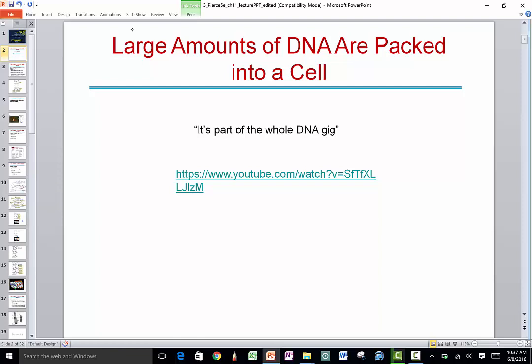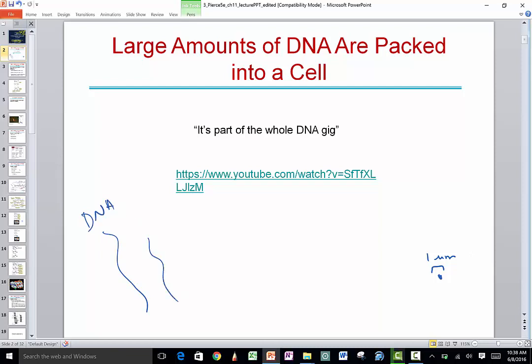So let's say that we have a cell and a nucleus. So there's a nucleus of a cell, and that's probably 10,000 times bigger than a real nucleus looks like. A nucleus is a really small thing, maybe 1 micrometer, so 1 millionth of a meter. So it's pretty small. Then you've got your DNA,